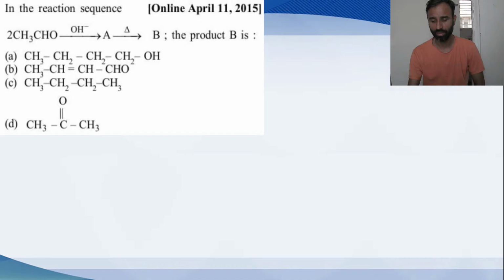So, CH3CHO, does it have alpha hydrogen or not? The carbon neighboring CO is the alpha carbon. It is a saturated carbon and has hydrogen, so it has alpha hydrogen. In the presence of OH negative ion, it will form